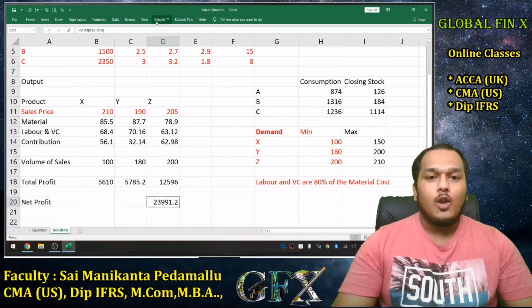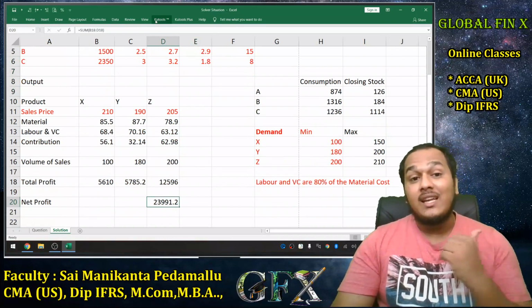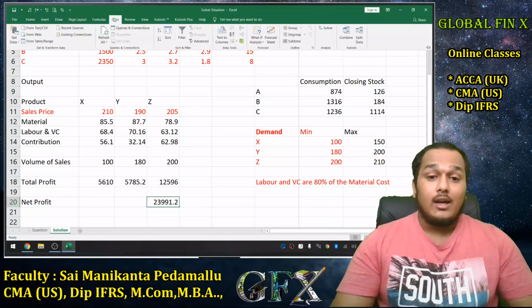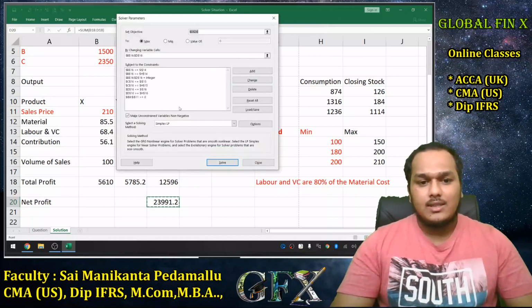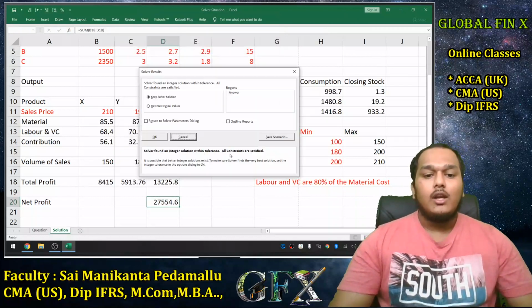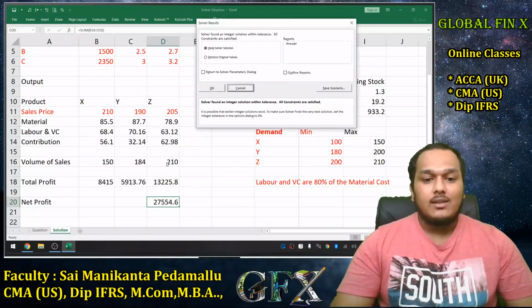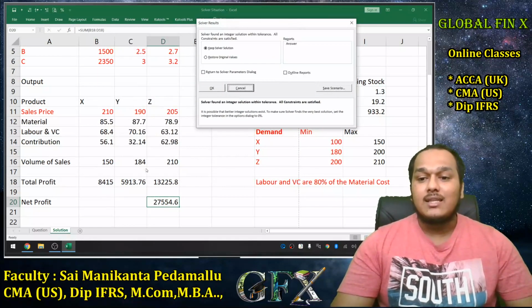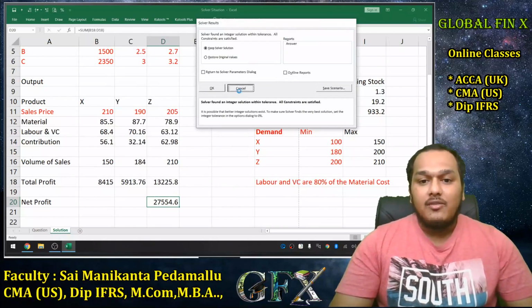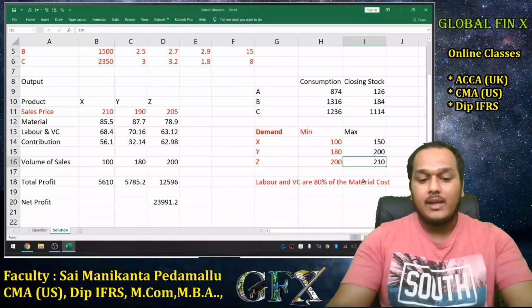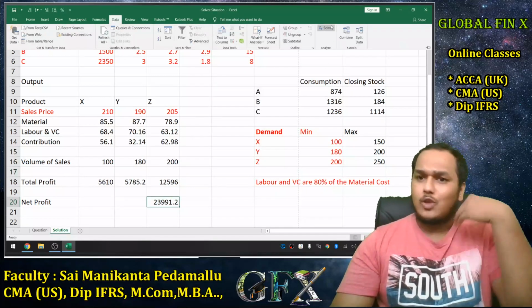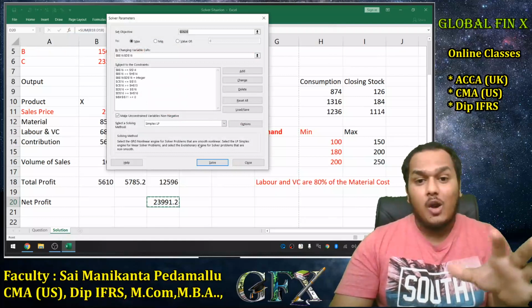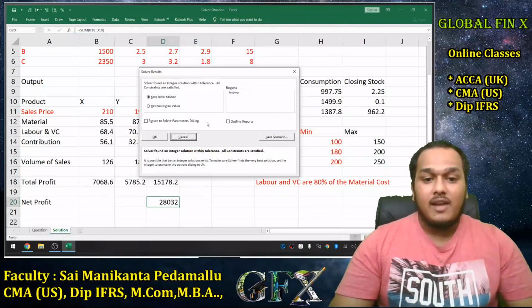Now let's go to solver and check. You can see that it will increase the value of number of units of Z here. I'll keep the same restrictions as previous, and I'll click solve. Now you can see that it is first trying to maximize Z production here. 210 units of Z are produced. Even if I increase it furthermore, if I make it 250 there, and now go to solver, see, solver function is done. I'm just trying to show you how Excel operates with this availability of data.